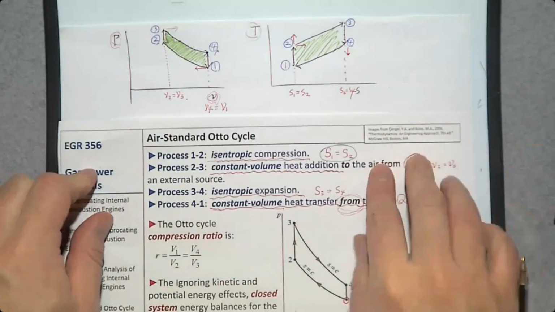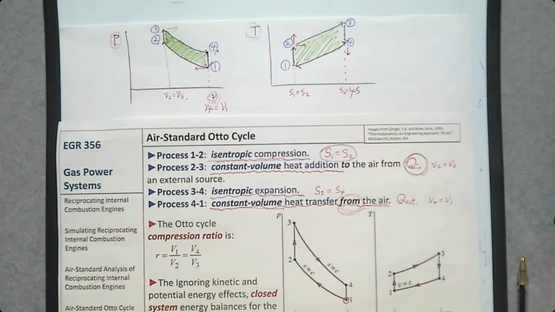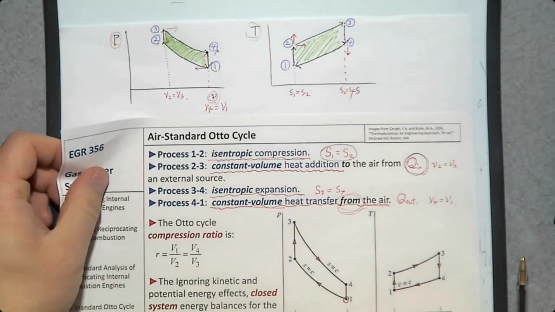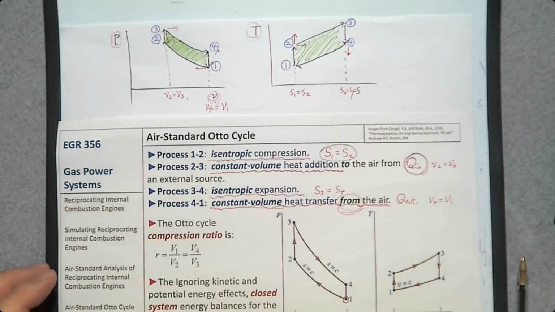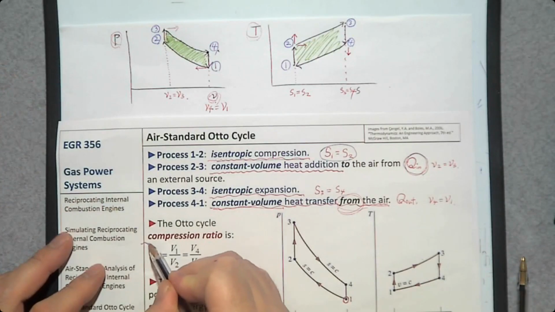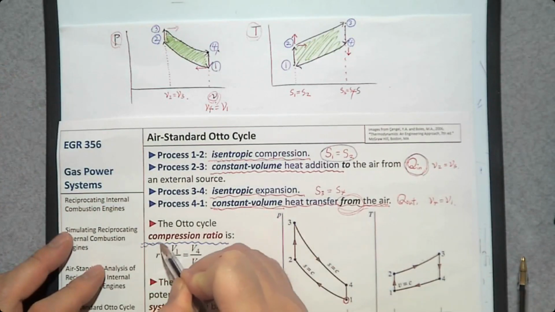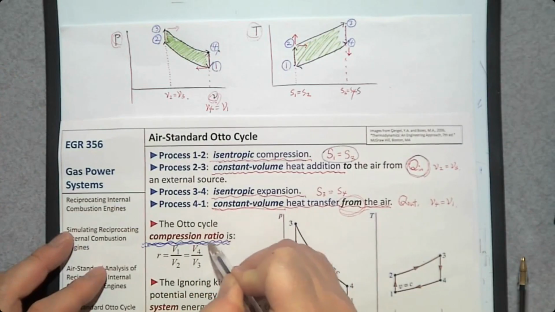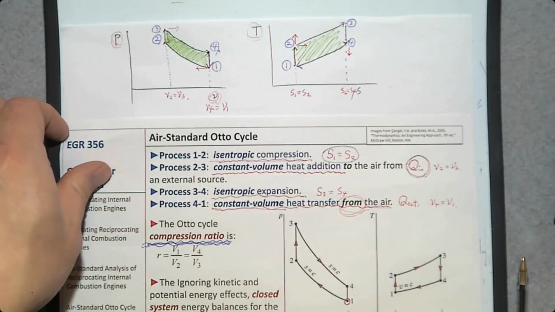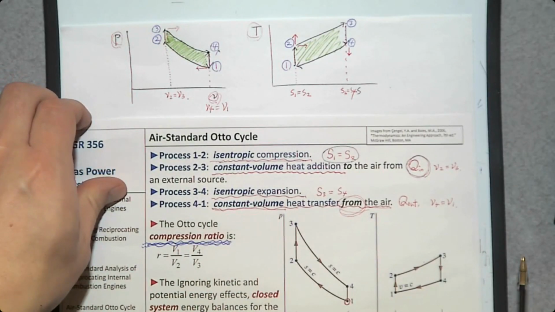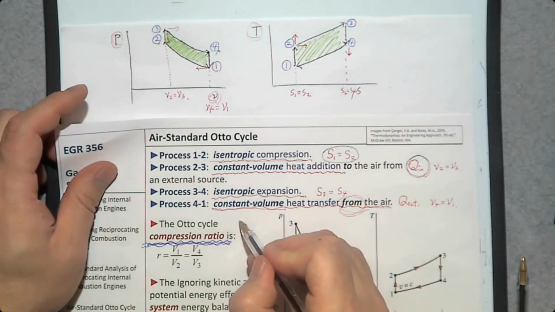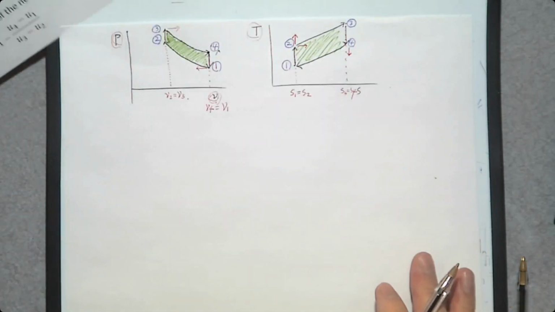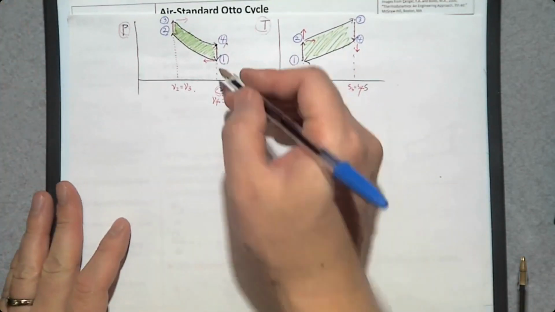Then let's try the energy balance equation. By the way, previously we studied one of the main thermodynamic properties, which is going to be the compression ratio. Oh, no, I'm sorry, it's not a thermodynamic property. It's a parameter of this Otto cycle. It's called the compression ratio. This compression ratio can be determined by